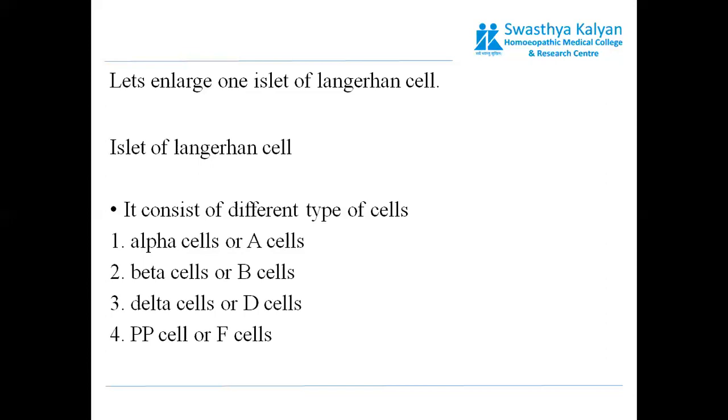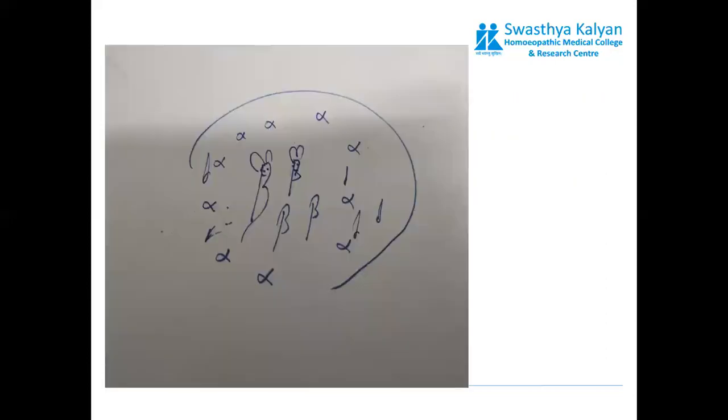Let's go to the image diagram. In this image, we can see beta cells are present in the center, in the middle, central position. Beta cells comprise about 60% of the total cells in the islet of Langerhans. So here I have drawn some of the beta cells. Beautiful ladies who are in the middle, who always want to be the center of attraction. So beta cells are always present in the center.